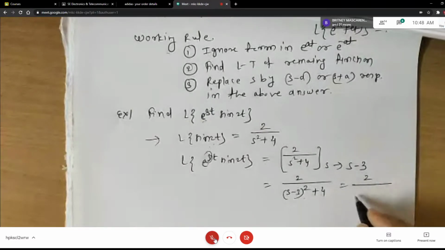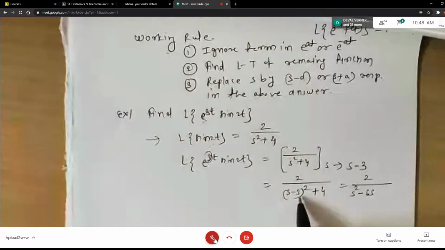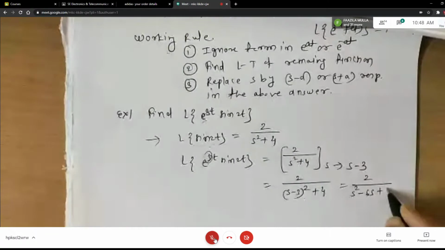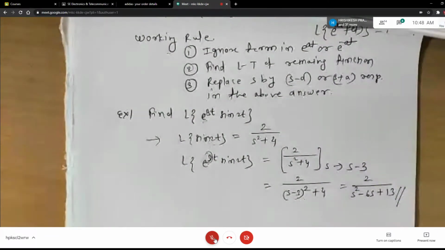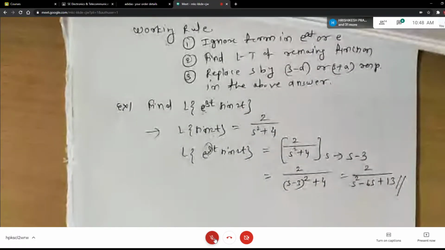Okay. And at most what you can do, you can square this bracket. A minus b the whole square is what? A square minus 2ab plus b square. Plus b square means 9, and 9 plus this 4 will be 13. Okay. And you can keep this as the answer. So as you go further in this topic, there are problems in which you have to use 2 to 3 formulas. So if you are perfect in all these basic formulas, then you will be able to solve big problems also.